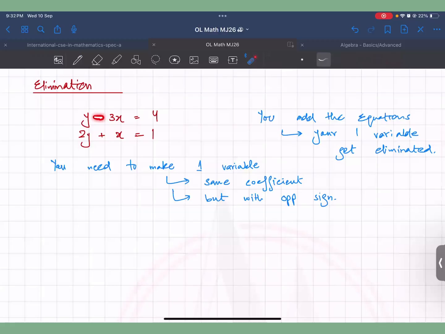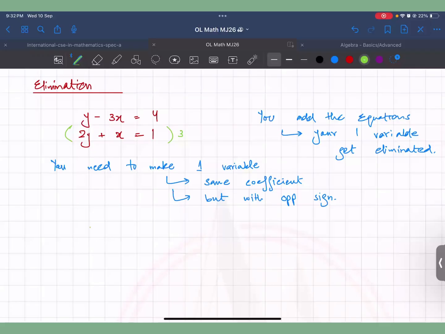First of all, we already have the opposite signs. Look, minus and plus for the coefficient. For x, we have minus and plus. We have opposite sign. We don't have the same coefficient. We have 3 over here, but not 3 over here. We have 1. So what do? We would right now in this case multiply the second equation with only by 3.